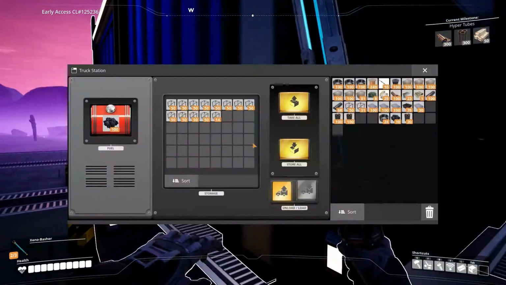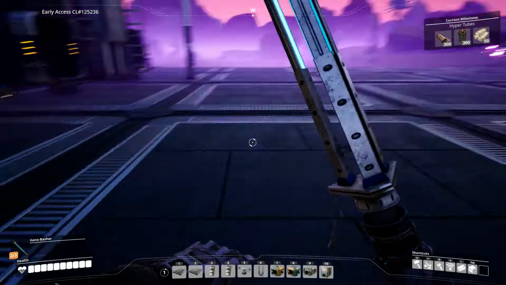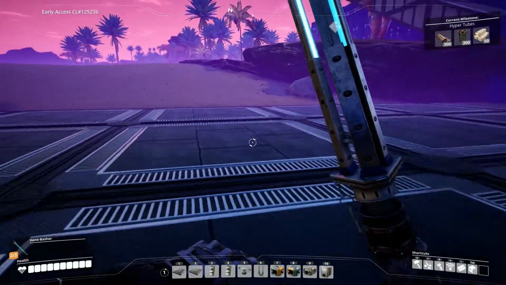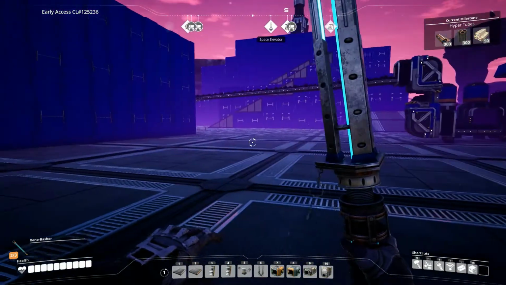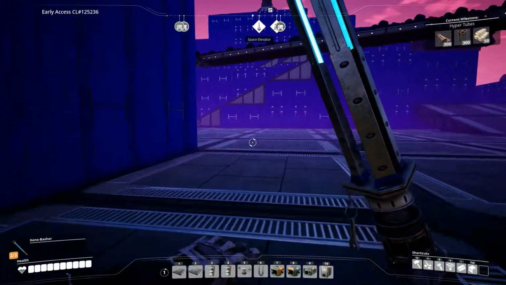It's alright. So this is loading up with the modular frames. And right now it's just loading them into there because this thing has as much storage as one of them big industrial bins, the big storage bins, so that's good. I'll route that into another storage bin over here. But first things first, we need to finish